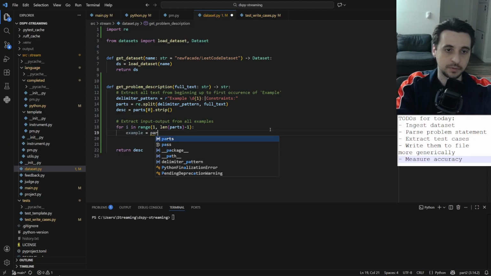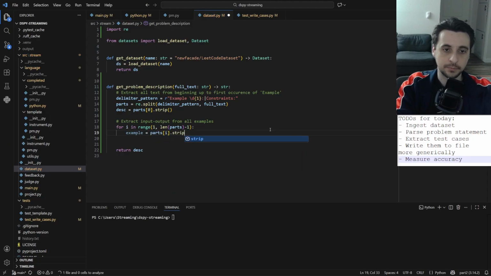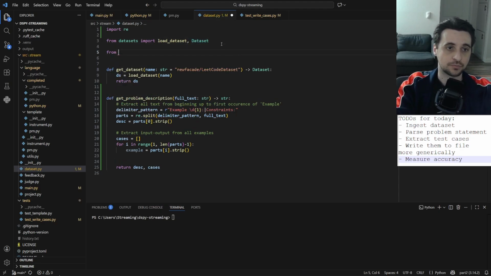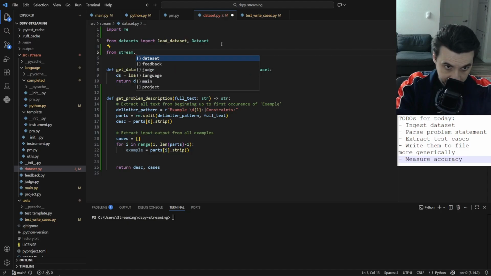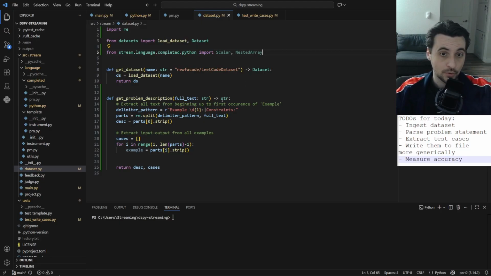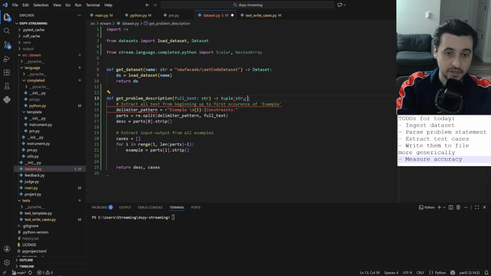So we have example will be parts of I dot strip. And we're going to have, what is this? Cases, right? And we're just going to return cases. And now we're going to do the tricky part where we say from stream dot language dot completed dot python import, what do we call those things? Scalar and nested array. Okay, so then the output will be a tuple of string and the ugly a list of tuple of nested arrays,